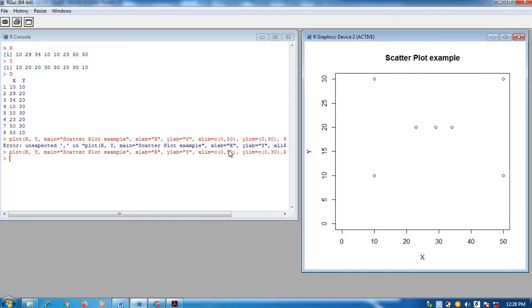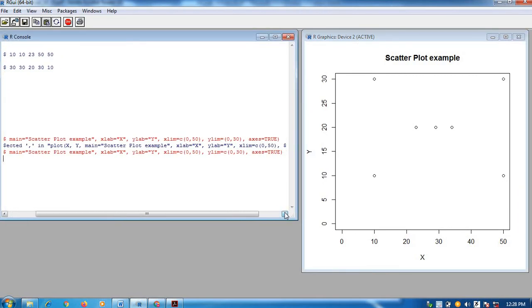Now this is okay. So now see, the same type of plot we have got when we used the line chart. So in the scatter plot, we are just putting points on the plot. See main, the title is given, x and y is represented. Now see the scale, 0 to 50 limit I have given for the x axis, 0 to 30 limit I have given for the y axis, and there was axis equal to true, so we are getting the axis here.